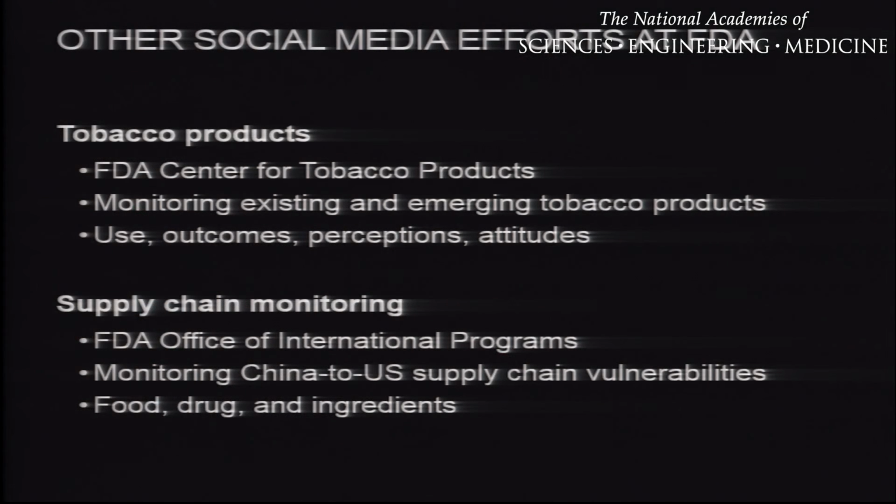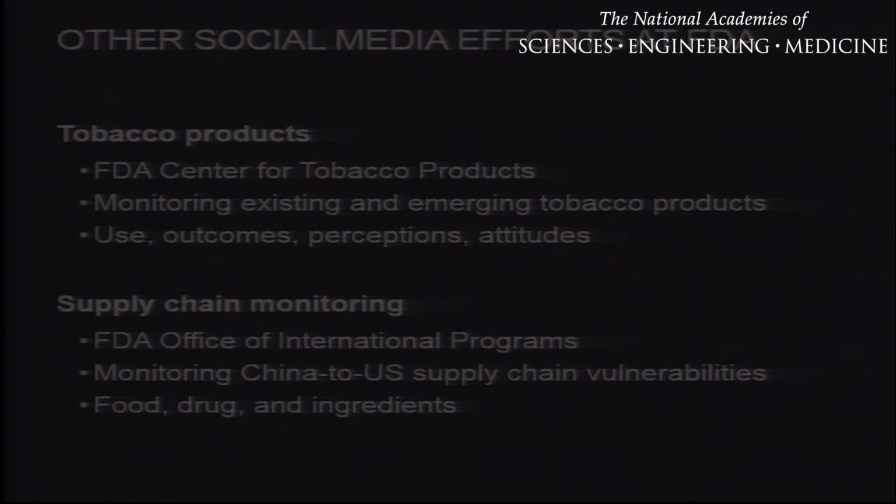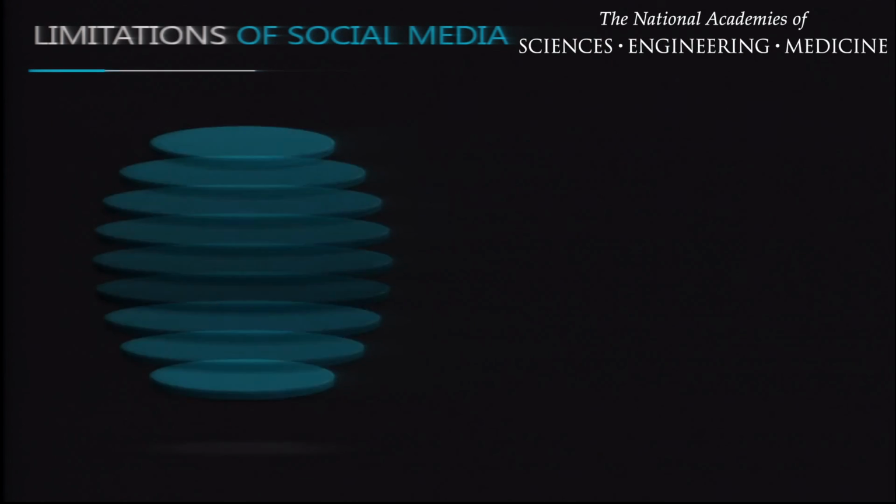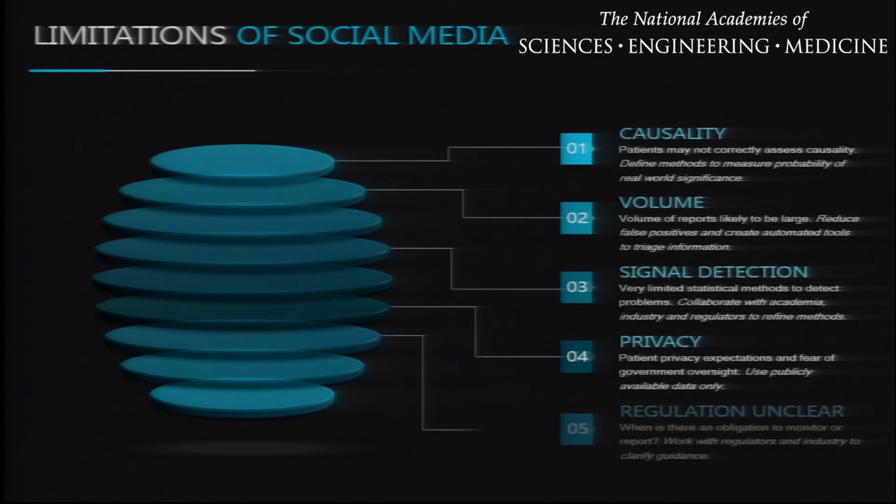There are many other efforts ongoing at the FDA on other products, tobacco surveillance, of course, since so much is happening in terms of discussion around tobacco, and even global supply chain monitoring. So I think we're leading into the discussion. There are many discussion points to get into: causality, the volume and massive quantity of information, who gets to own that information, who gets to play with it, signal detection, privacy. I'm sure there are lots of concerns in the room worth discussing, and also the regulatory issues around this data. I'll leave it there and look forward to the discussion. Thank you.